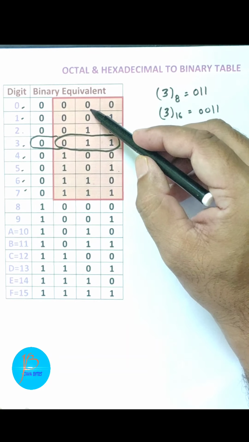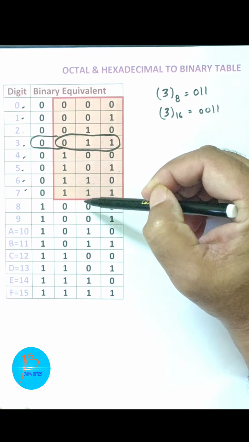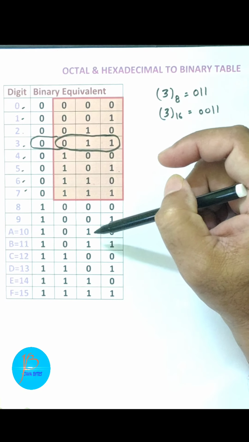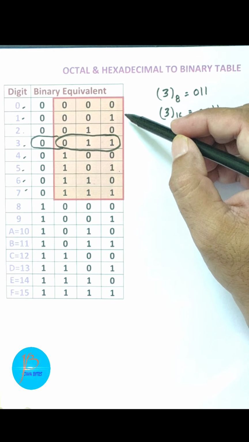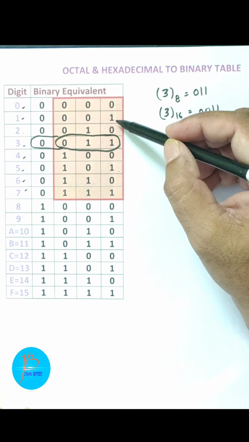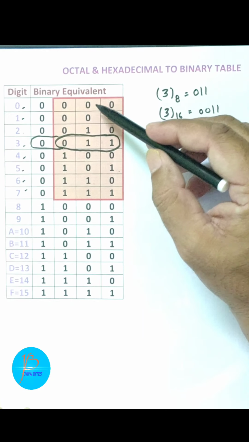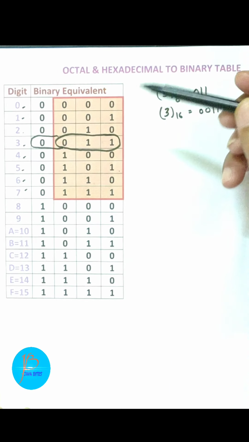After that, look at the second column from the right. 0 0 1 1 0 0 1 1 0 0 1 1 0 0 1 1, means two 0s, two 1s, two 0s, two 1s. That sequence will work. Okay, so in the next column, 1 0 1 1 1 0 1 1 here, two 0s, two 1s, two 0s, two 1s. The same sequence will go till the 16th row.